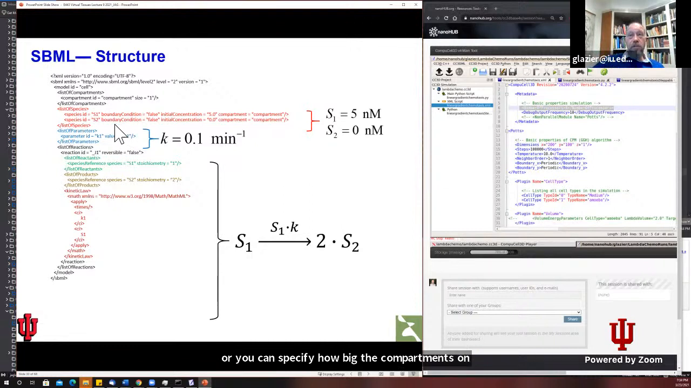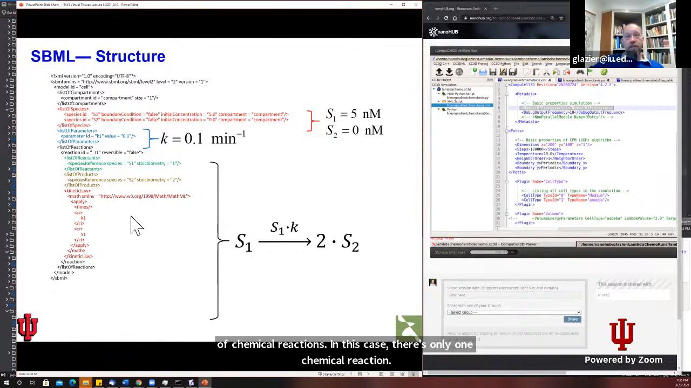You have to declare your species. That'll be familiar from Compucell, where we declare the cell types. And you'd say whether these are variables or fixed boundary conditions, initial concentrations, which compartment they live in. You have a list of parameters, and then you have a list of chemical reactions. In this case, there's only one chemical reaction. And then you have to write the mathematical form